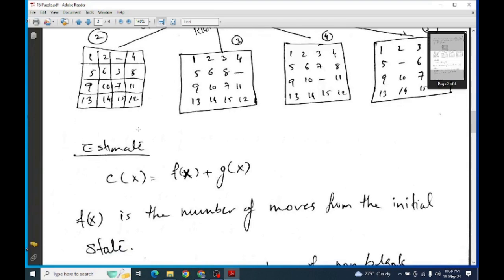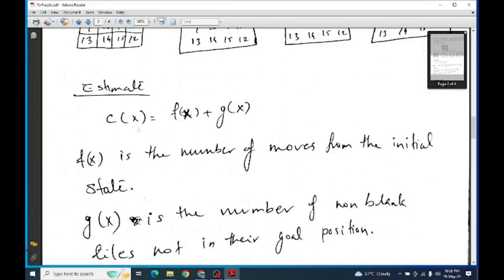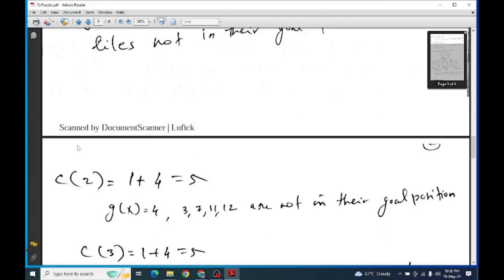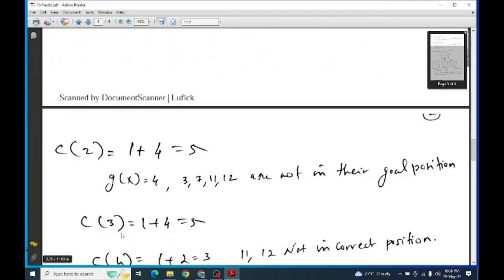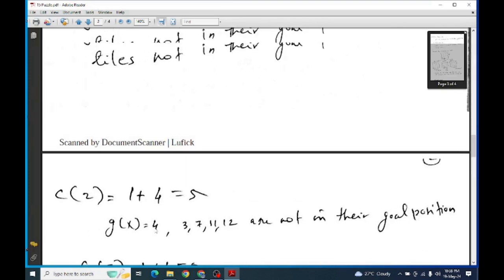Okay, so we got f of x and g of x. Now we can evaluate c of x, c of 2. Okay, c of 2, that is 1 plus 4 is equal to 5. In a similar way we will be evaluating c3. You can see state 3,